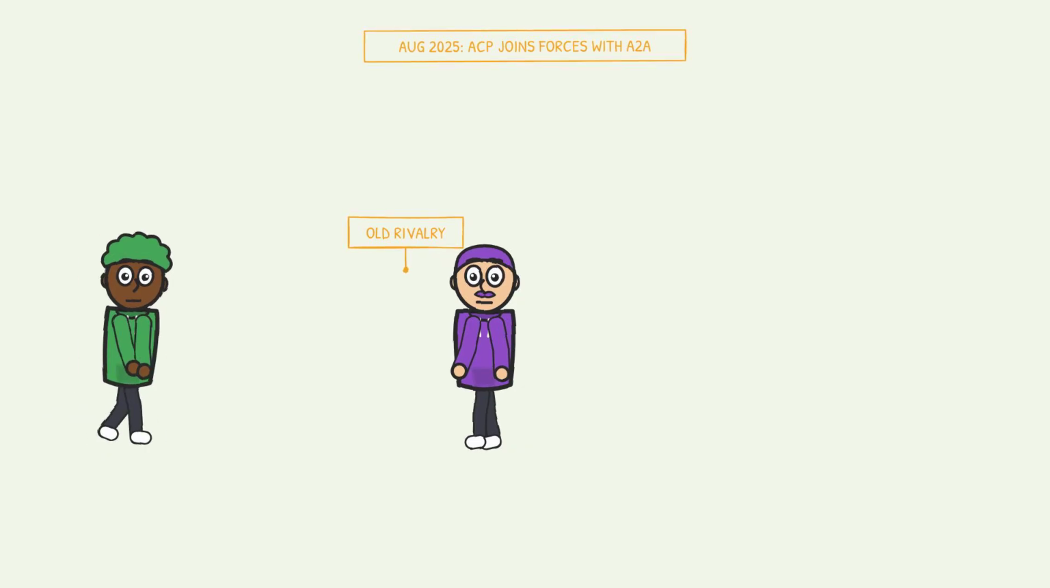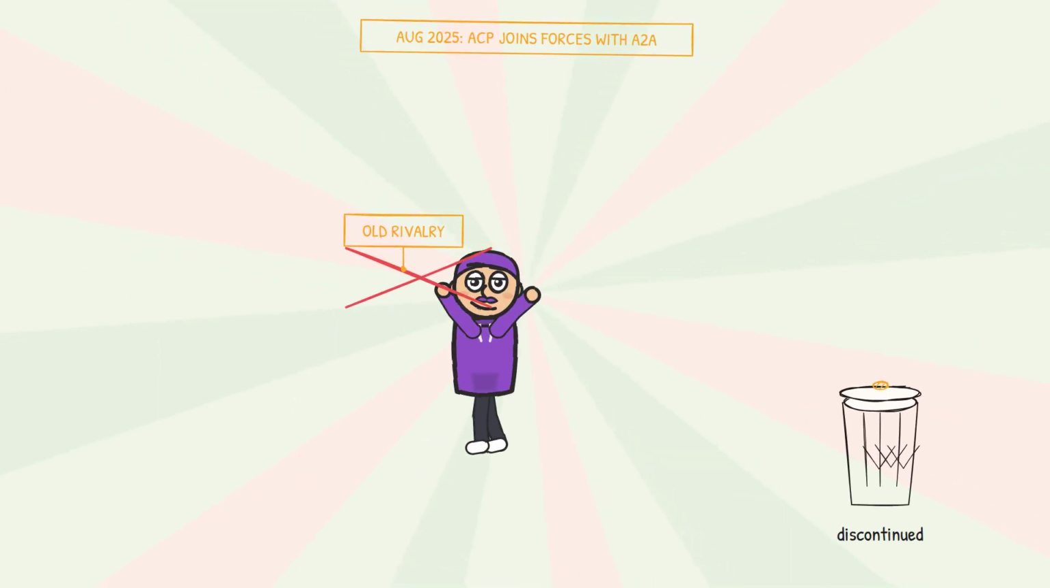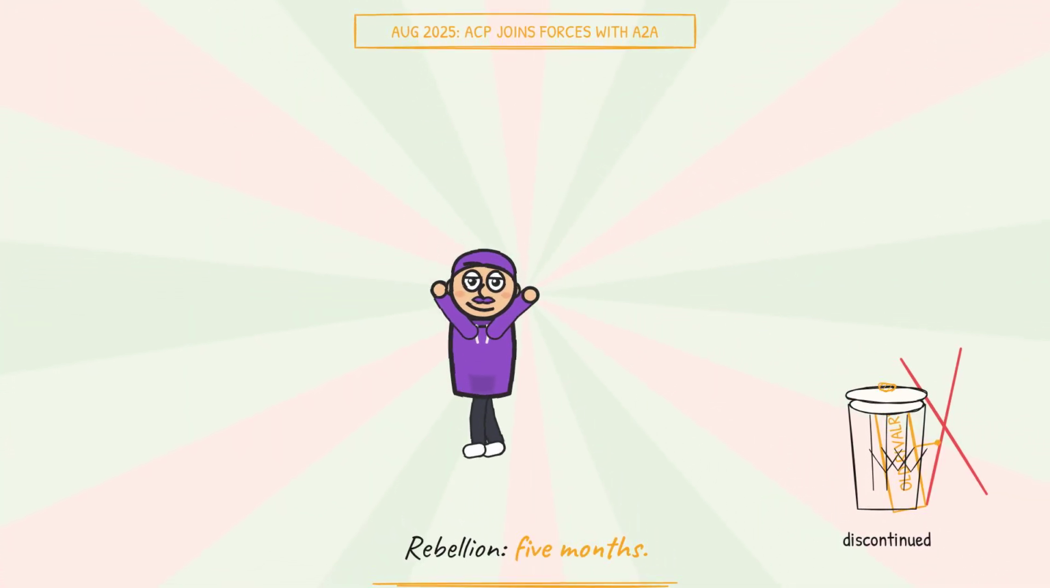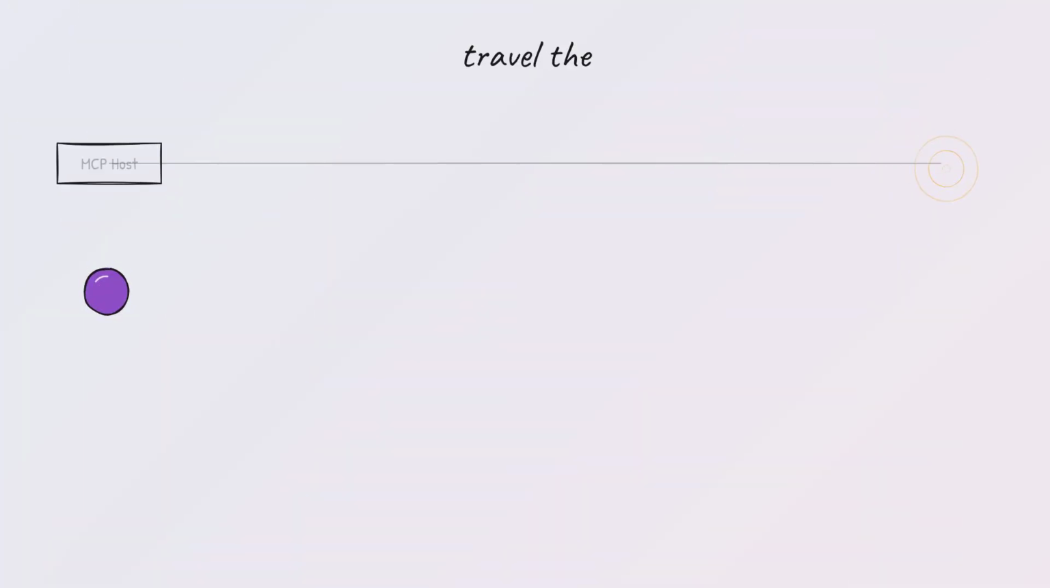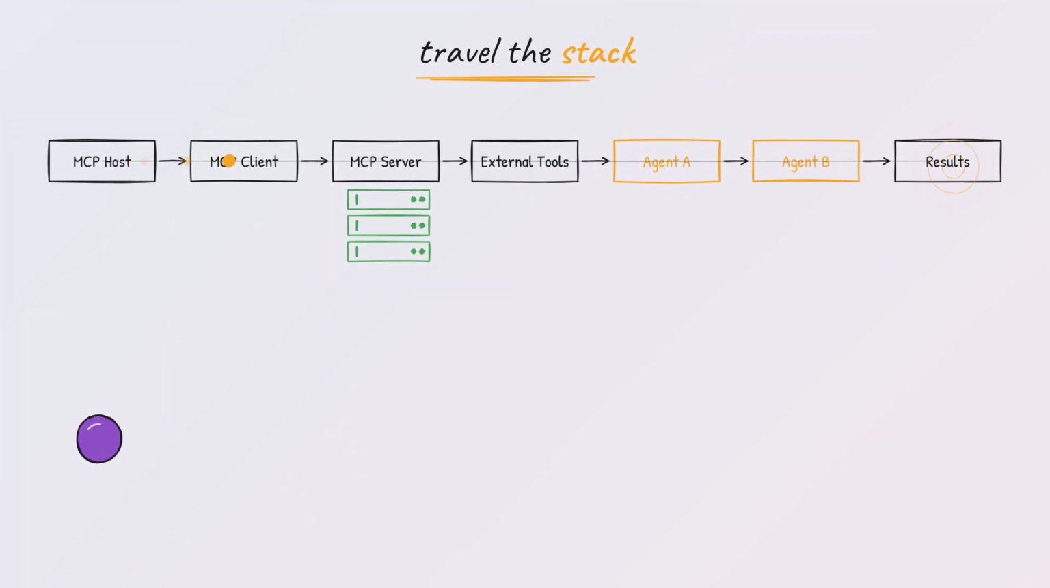Breaking news, August 2025: ACP joins forces with A2A. The green ACP mascot merges into A2A with a comic poof, tossing its rivalry sign in a trash can marked discontinued. Rebellion, 5 months. Watch one request travel the stack: MCP host, MCP client, MCP server, then external tools for data,